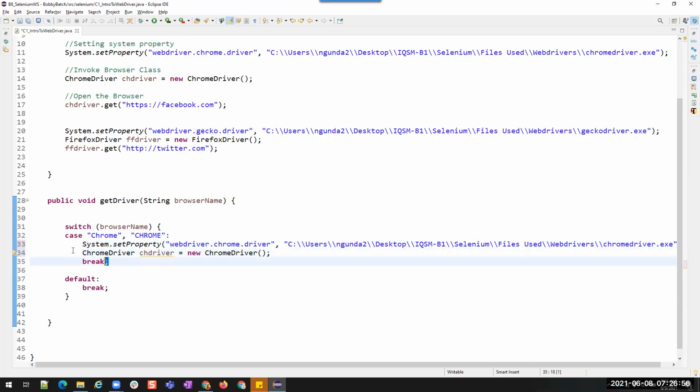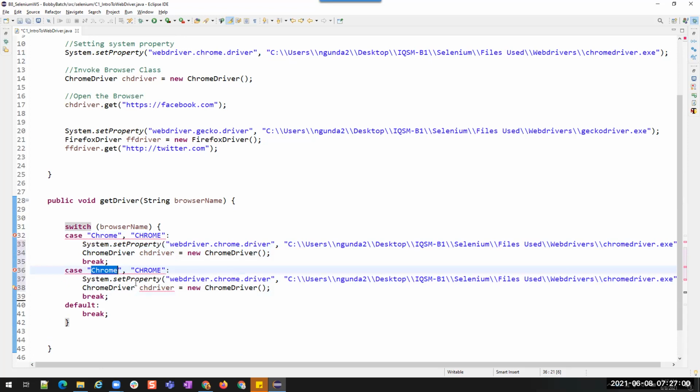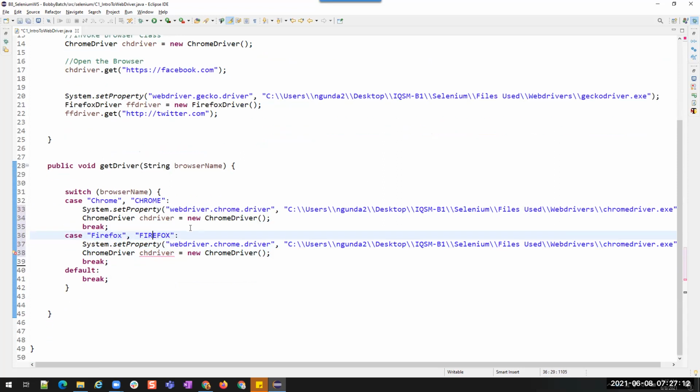Similarly, we have for Firefox. It's up to us whether you want to have this or not. Let us have only these, and we will pass in this order only.